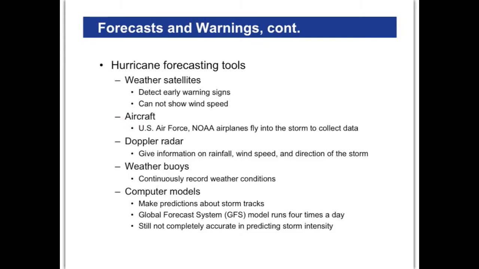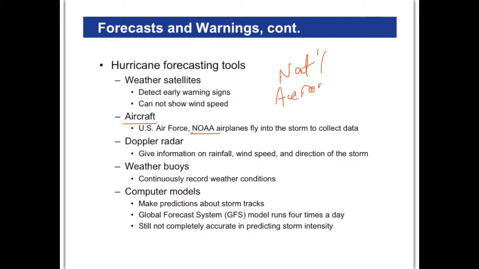Aircraft. If you saw, which I think you did, the Storm Chasers video where the plane actually flies into the hurricane, well, it takes a lot of measurements as it goes into the hurricane. So NOAA, I should point this out to you. NOAA is the National, it's actually a really long name, National